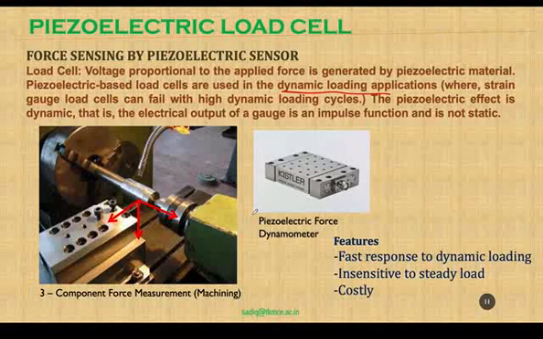Strain gauges are used for static measurement, whereas for dynamic loading, piezoelectric materials are preferred. The voltage proportional to applied force is generated by piezoelectric material. Piezoelectric based load cells are used in dynamic applications where strain gauge load cells can fail with high dynamic loading cycles. The piezoelectric effect is dynamic, that is, the electrical output of the gauge is an impulse function and it is not static. As we see in the case of strain gauges, in piezoelectric dynamometers also, there will be